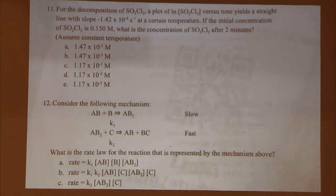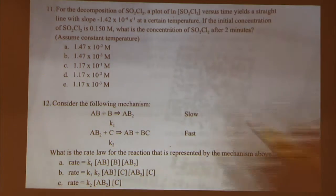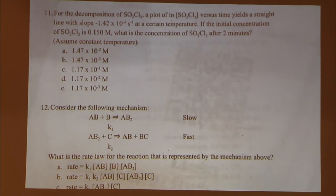So if we're looking at a plot of the natural log versus time, and we get a straight line, what kind of order is that going to be? It's going to be first order. Our zero order will be just concentration versus time,